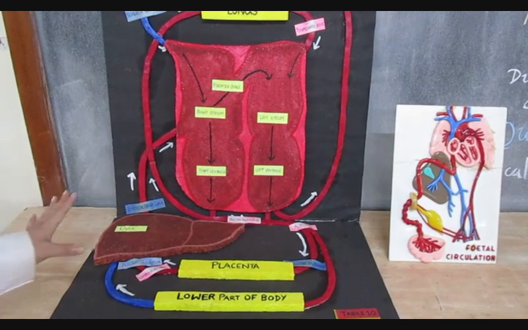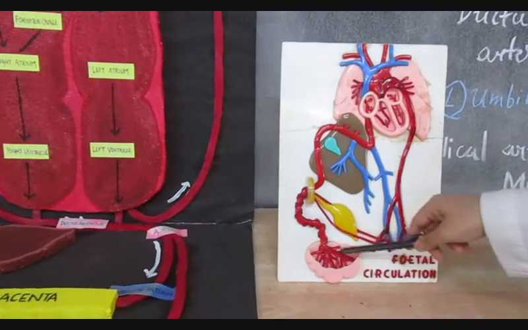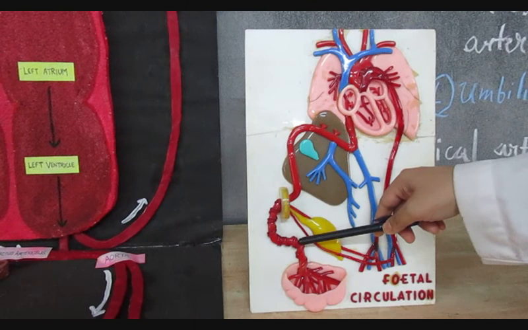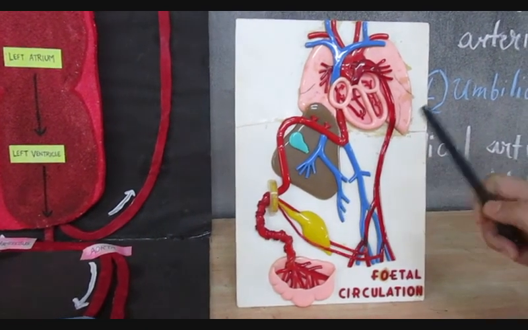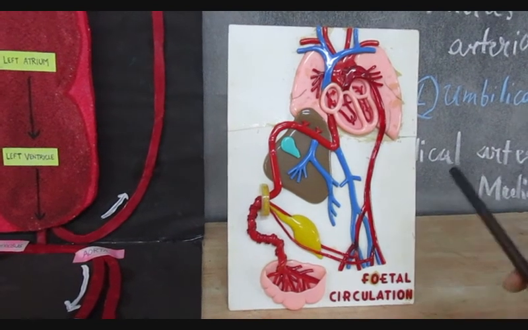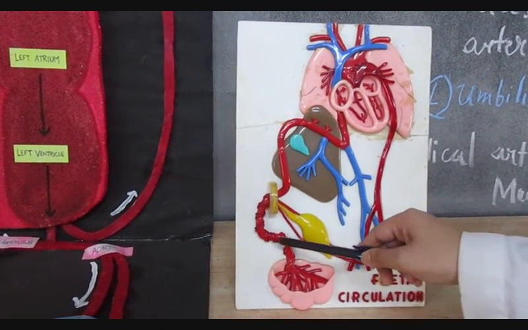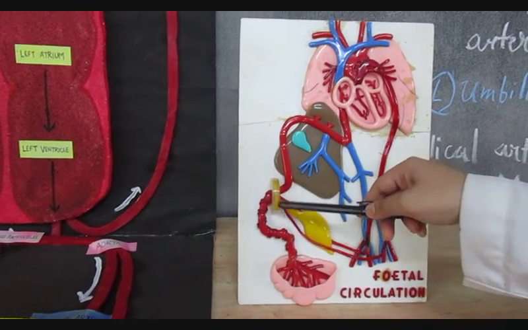Now just to revise this fetal circulation again, this is the placenta. Here in the umbilical cord we have one vein, that is the left umbilical vein, and two arteries, the right and left. The right umbilical vein has disappeared soon after its formation and only the left umbilical vein is left. We call it a vein though it is carrying pure blood from the placenta. This is the umbilical opening.